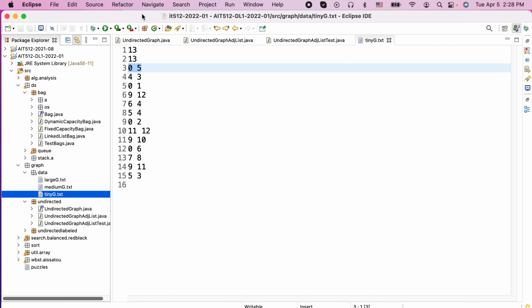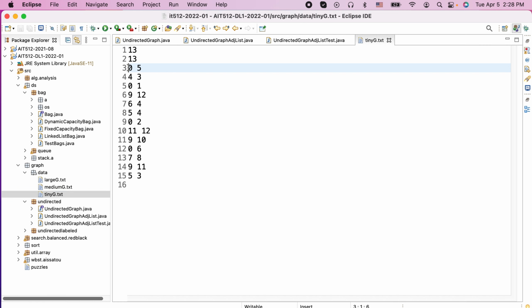And here is an example of a small graph. It has 13 vertices, 13 edges, and for instance has an edge from vertex 0 to vertex 5, between vertex 4 and 3, between vertex 0 and 1, and so on. So